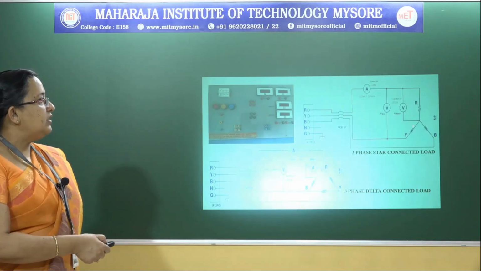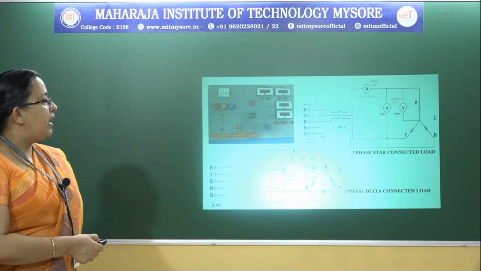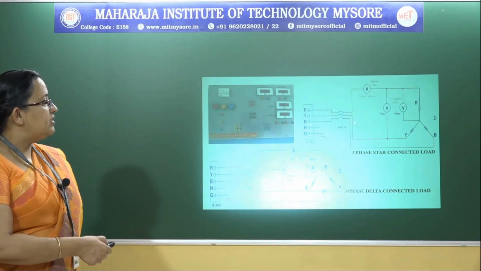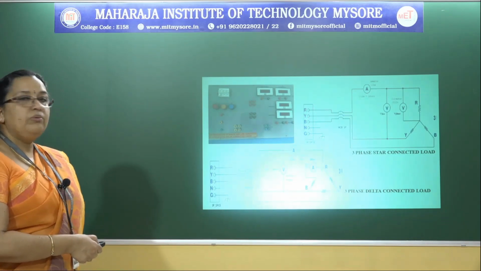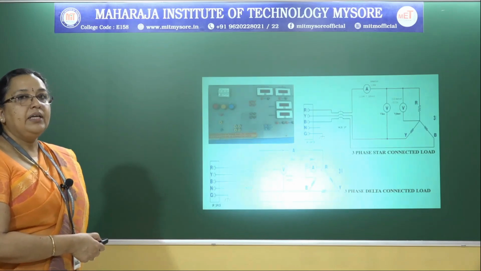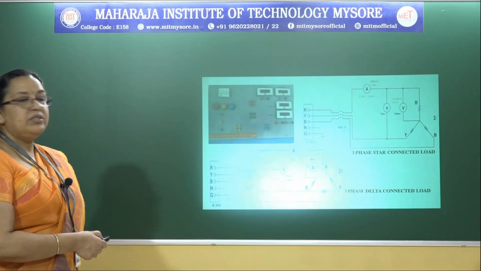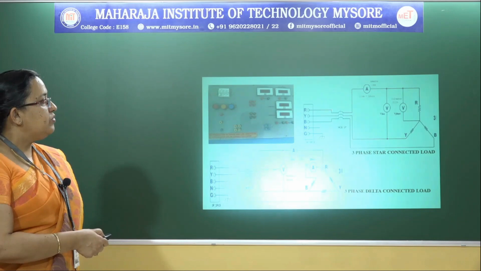So here you can see the 3 resistors. This is the star connected load which we mentioned, and from R phase there is a connection, then from Y phase there is a connection to Y, and from B phase there is a connection to B. So these are the 3 different phases, R, Y, B, and this is the neutral and the ground. Ground is for protection, earthing, which we discussed, and this is the MCB, miniature circuit breaker. This is again for the protection of the circuit.